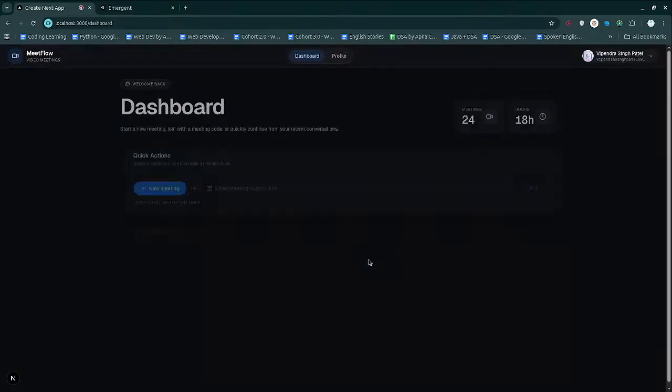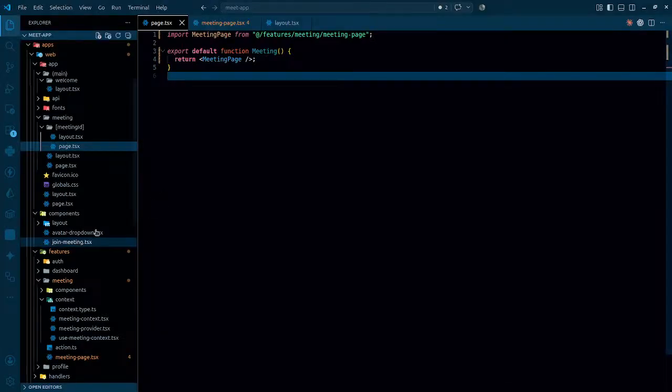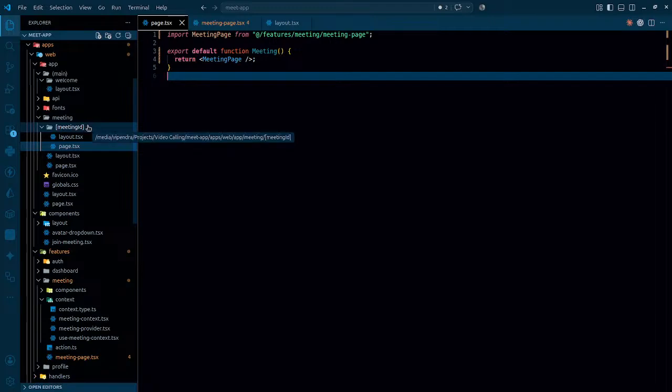We can just simply end this for everyone, and especially when we are ending this for everyone, we should be getting sort of a pop-up. We will be taking care of that, so that by mistake we are not able to end the meeting accidentally. That is something we will be working on. And apart from this particular thing,